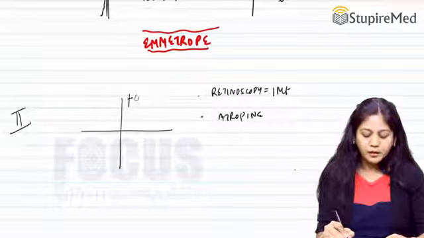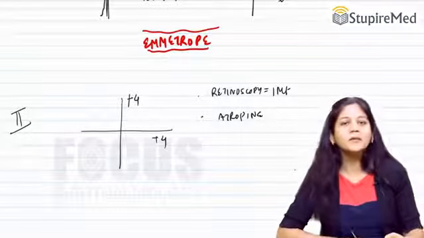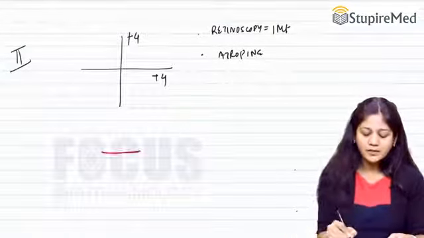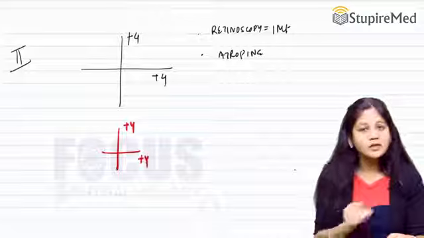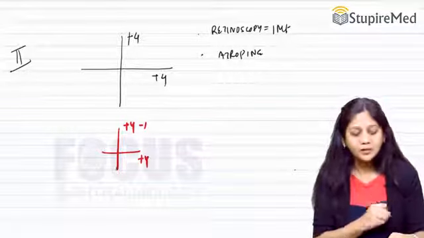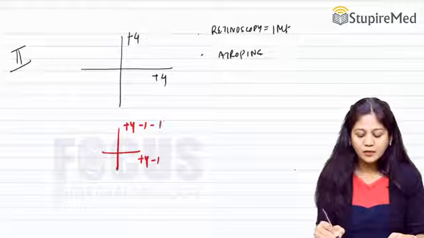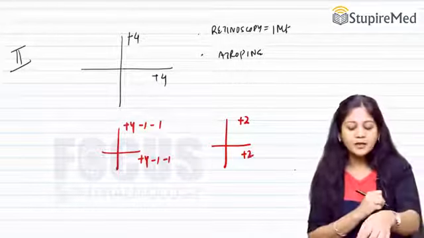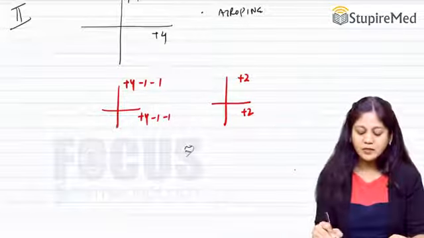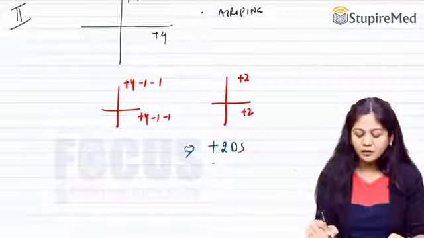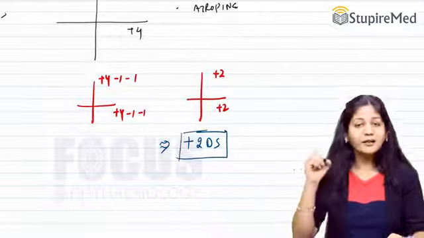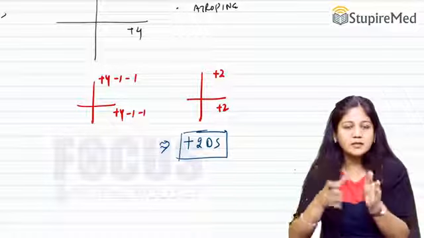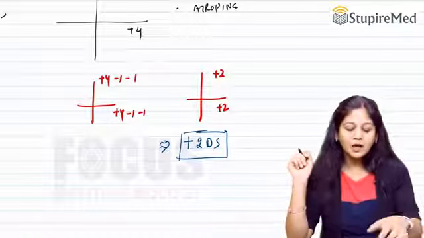And the retinoscopic value here is +4 and +4. So what will be the refractive error of this patient? Let us try to solve it. So from +4 and +4 on the vertical and horizontal meridian, we would be subtracting 1 for the distance. We would again be subtracting 1 for the cycloplegia. So this comes to be about +2 and +2. So this simplifies, and it is giving us the information that the refractive error would be a hypermetropia, and the correction would be given by a +2 sphere. So this is going to take care of all the meridians, horizontal and vertical both. So this is how we find out.